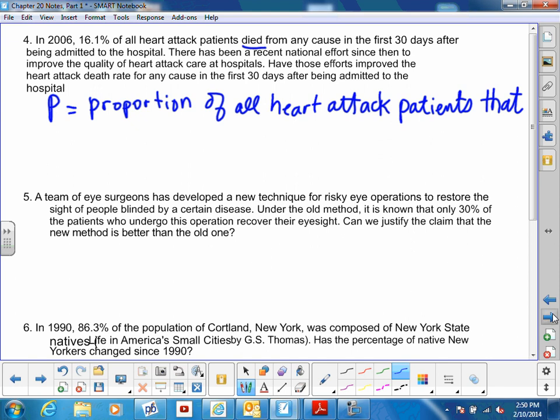So this is about the proportion of all heart attack patients that die, current tense, not past tense. Very important. Past, I can actually compute. I have the data. I can figure it out. There's no disputing that. It has happened. I am talking about the current situation. That die from any cause